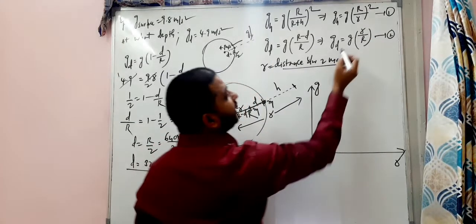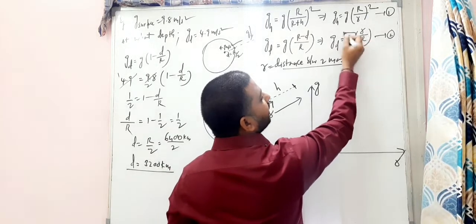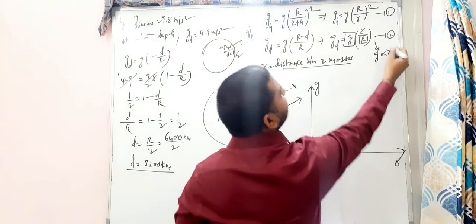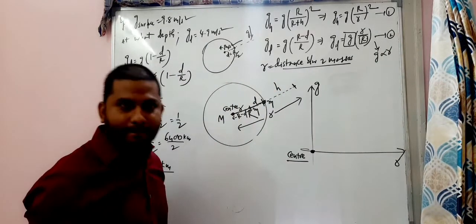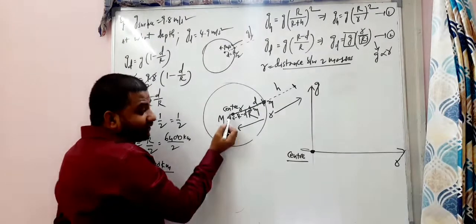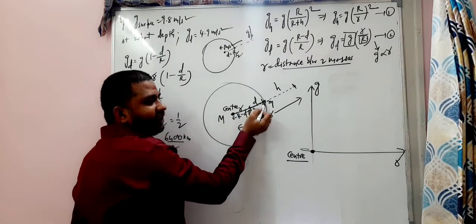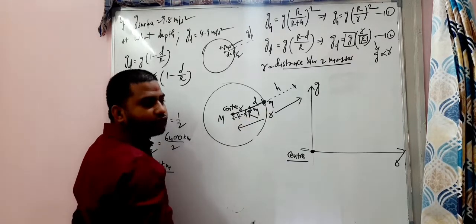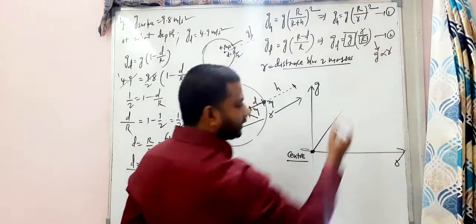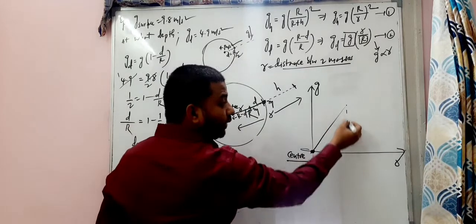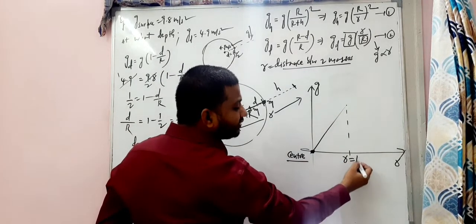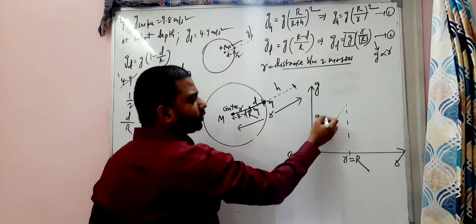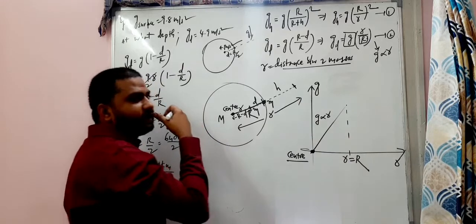In the depth case, this g is constant, and the radius of the earth R is also constant. So g is directly proportional to r, my dear students. When you are taking the body from the center to the surface, acceleration due to gravity is directly proportional to the distance. I can say from the center to the distance equal to the radius of the earth, your acceleration due to gravity is directly proportional to small r.